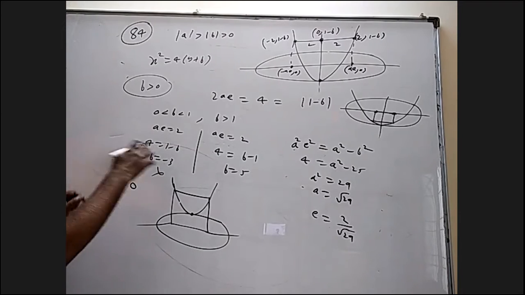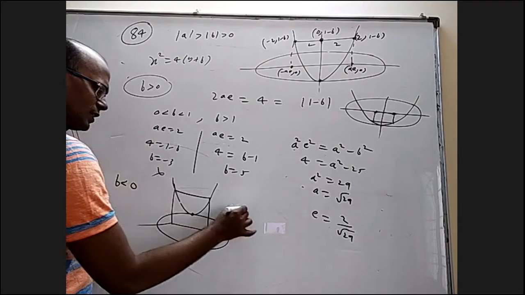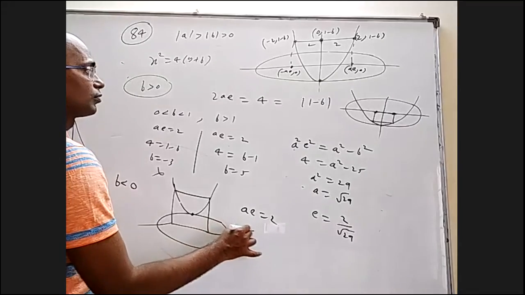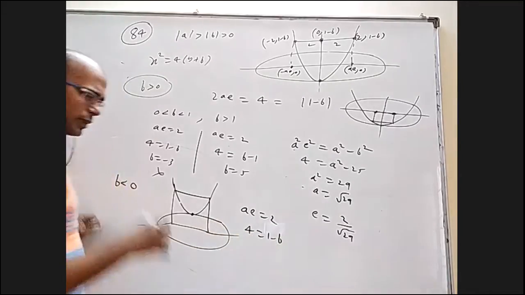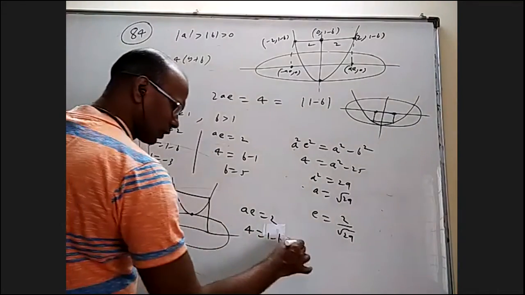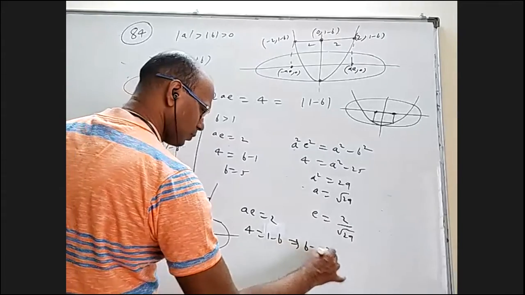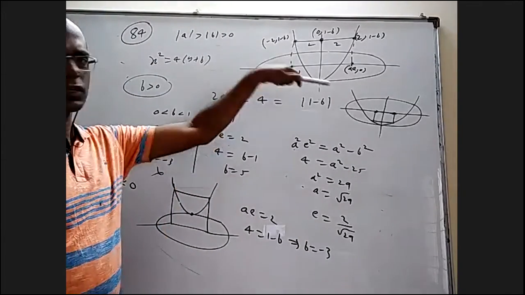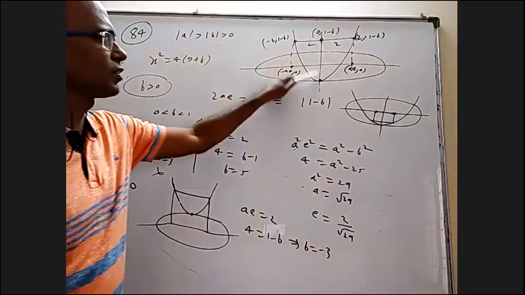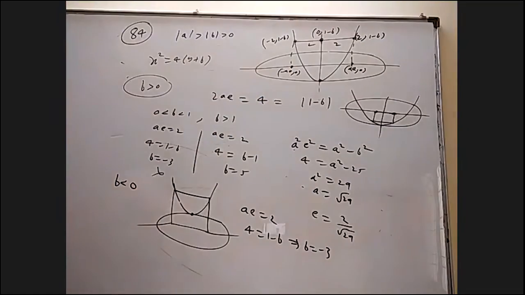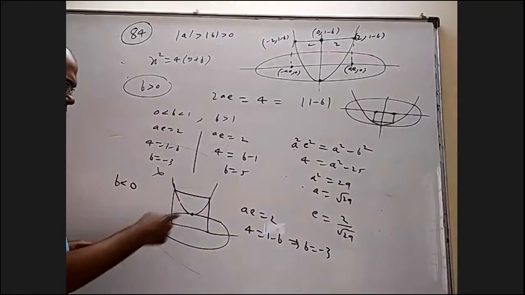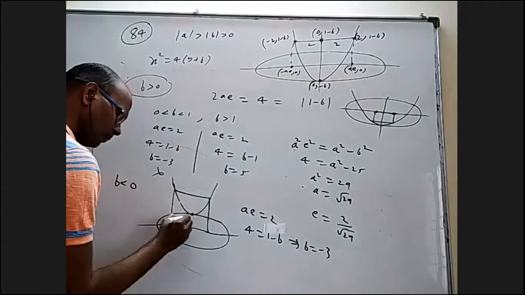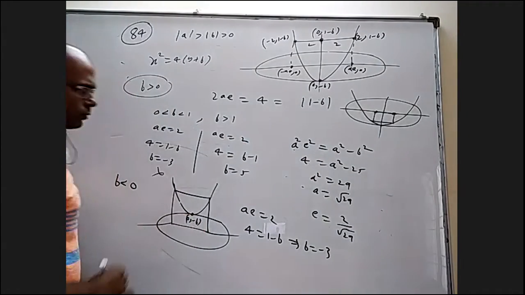Okay. So now what would have happened? I would have got still AE equal to 2. I would have got this equation that 4 is equal to 1 minus B, and B is positive. And then B is equal to minus 10. You cannot draw this figure and say B equal to minus 10. That is meaningless because the vertex will not be here, the vertex will be here. But this figure is okay because this vertex is 0 comma minus B.